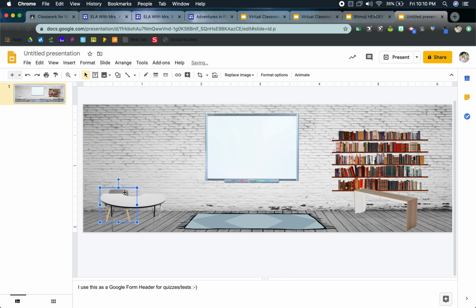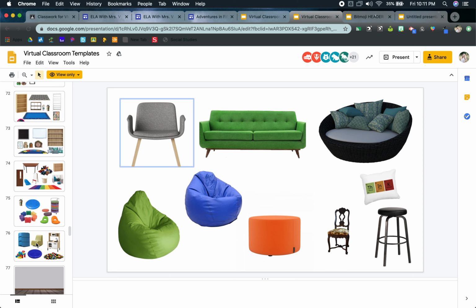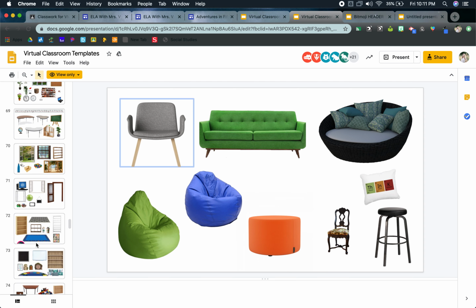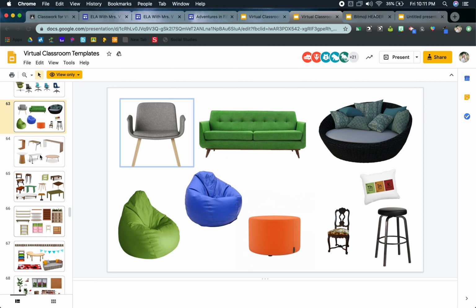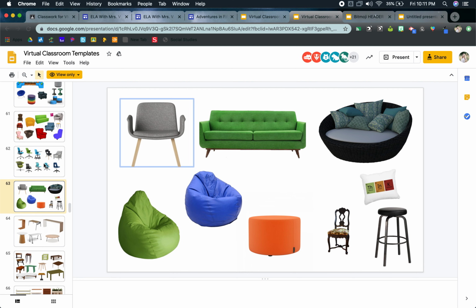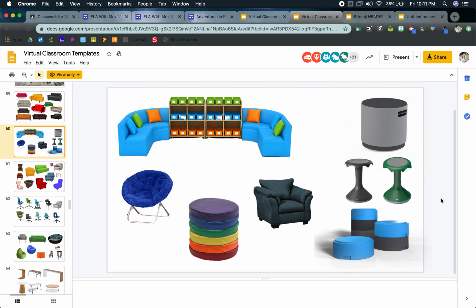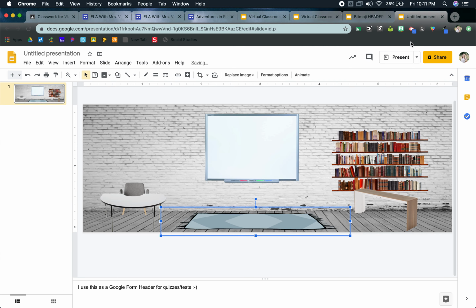And then I also need some kid stools, right? See, this is like a rabbit hole. As soon as you start adding things in, you're going to be like, ooh, I need to add this. Ooh, I need to add that. And if the slides don't have what you're looking for, then you can always just Google them and look for things with transparent backgrounds. So I'm just going to go ahead and insert a couple of wobble stools around